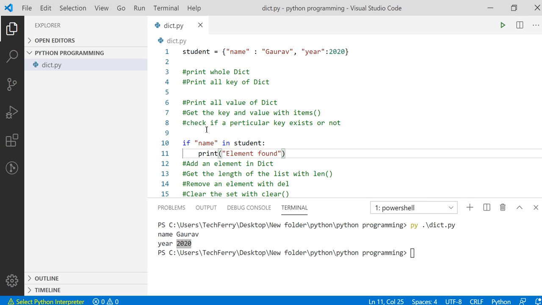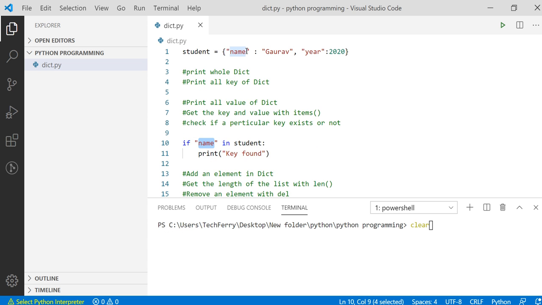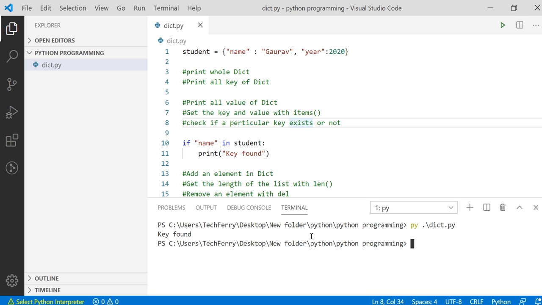And if the element is found, or the key is found, we will print "key found." Otherwise the output will be nothing. So let's run this file and see whether the name key is present in our dictionary or not. We run this file and we can see that we got the output "key found" because the name key is present